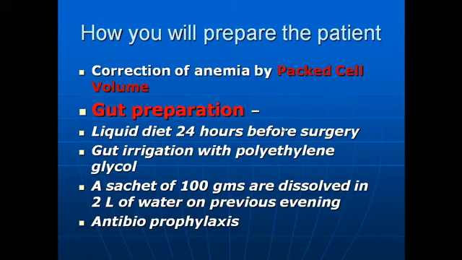So we will prepare the patient by correction of the anemia by giving packed cell volume. That's very important, because in an anemic patient, usually whole blood is not given. Because if you give whole blood to an anemic patient, it will cause fluid overload, and there is a chance of ventricular, especially right heart failure. So always in an anemic patient, don't give whole blood. Always our idea is to give packed cells, because we do not want to increase the volume of the patient. Rather, we are interested in increasing the RBC of the patient. So you will transfuse packed cell volume as per grouping of the patient.